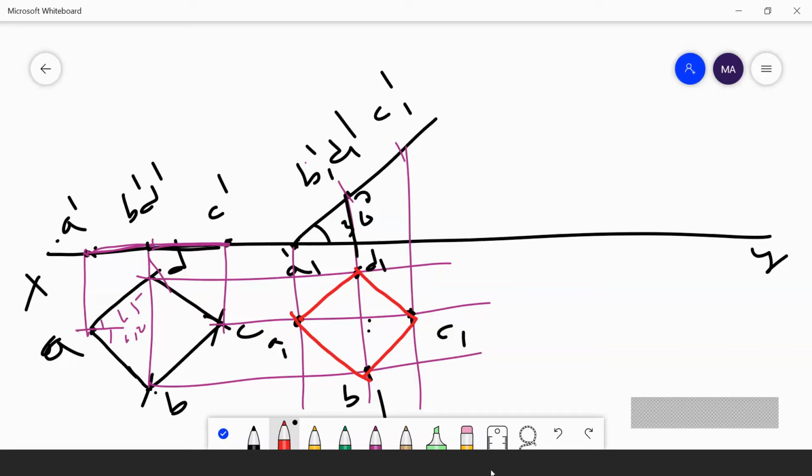Tell me again, sir. Are the A dash B dash to A dash measurements equal or not? They are equal, ma'am. From A dash to A1 dash, is the measurement equal or not? That is not needed, there is no use of this measurement. Understand? You are just projecting directly.